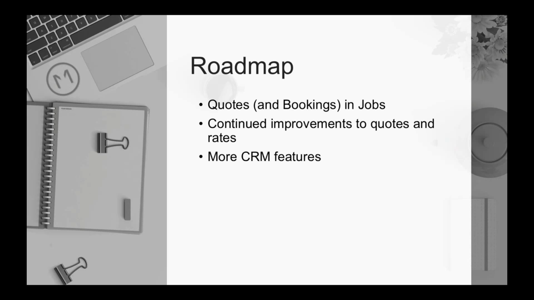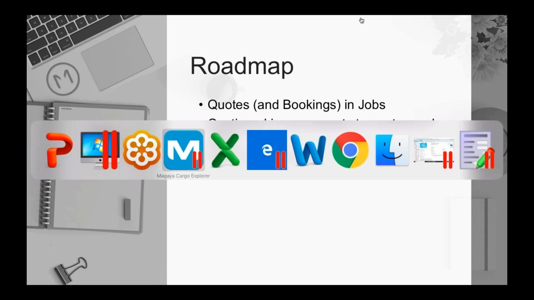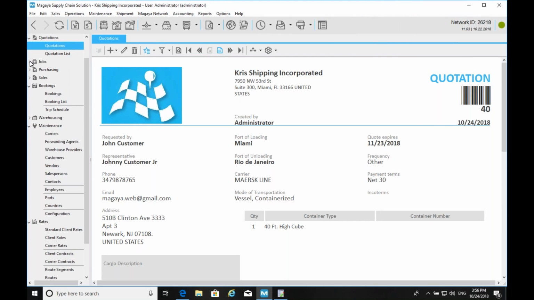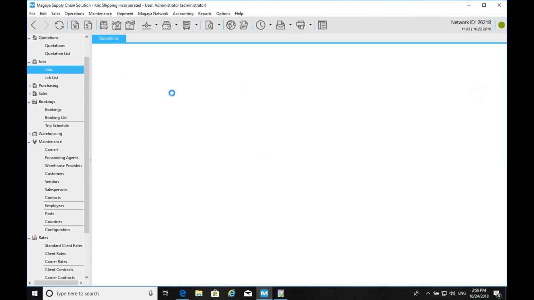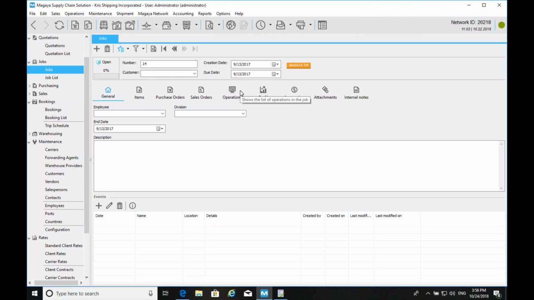It's like a control tower, like a dashboard where you can consolidate the view of an operation that goes through a lot of phases. Exactly, and you can see the overall profitability of a job. So now you see here these different types of operations that belong to this job number. In version 11.1, they will have quotes here.